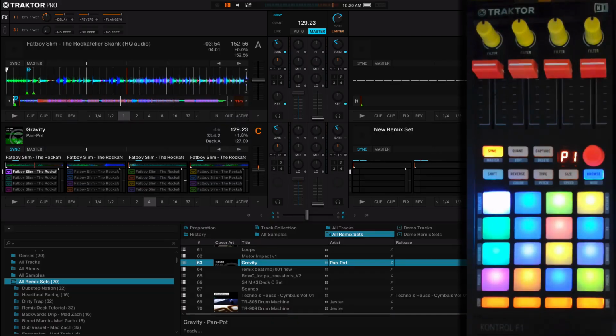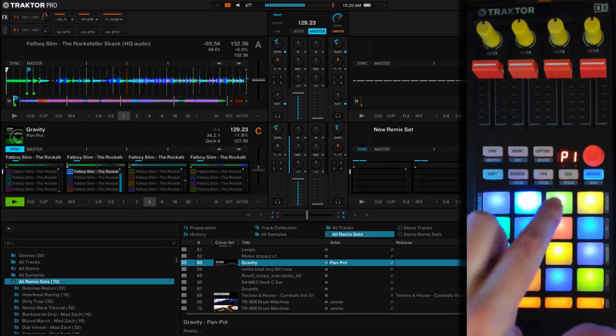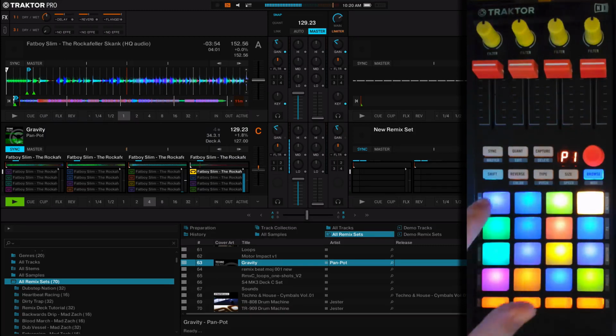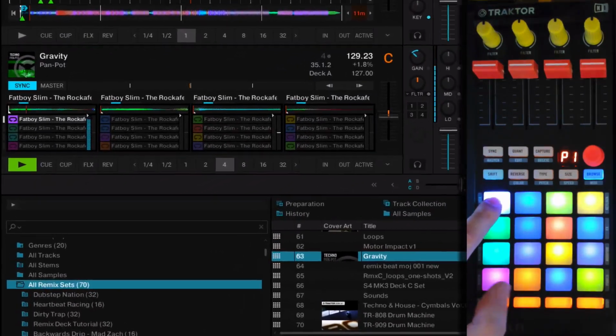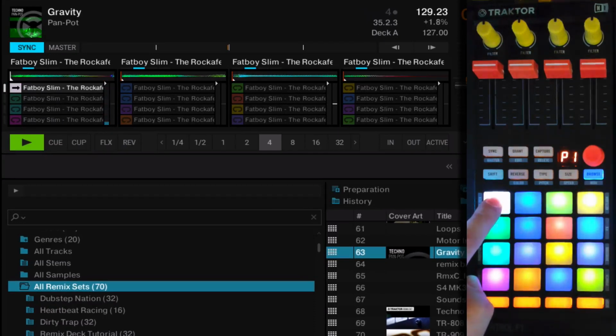Okay, so as you may notice, these samples are playing in loops. We can change it by holding the sample and pressing the size button. Now if I trigger,